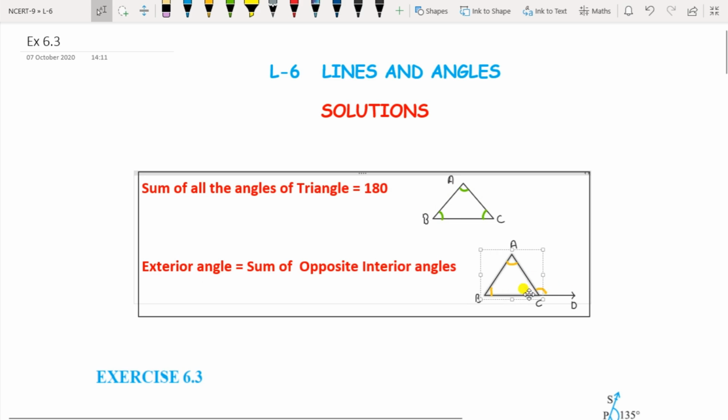So if you extend any one of the line segments of a triangle, it becomes the extended angle here. This is the exterior angle, and it is equal to the sum of the interior opposite angles. So these are the interior opposite angles for this exterior angle, not the adjacent one. Okay, so that is the property, that is, exterior angle equal to the sum of the opposite interior angles. So if you extend this line segment, then its interior opposite angles will be these two, like that.